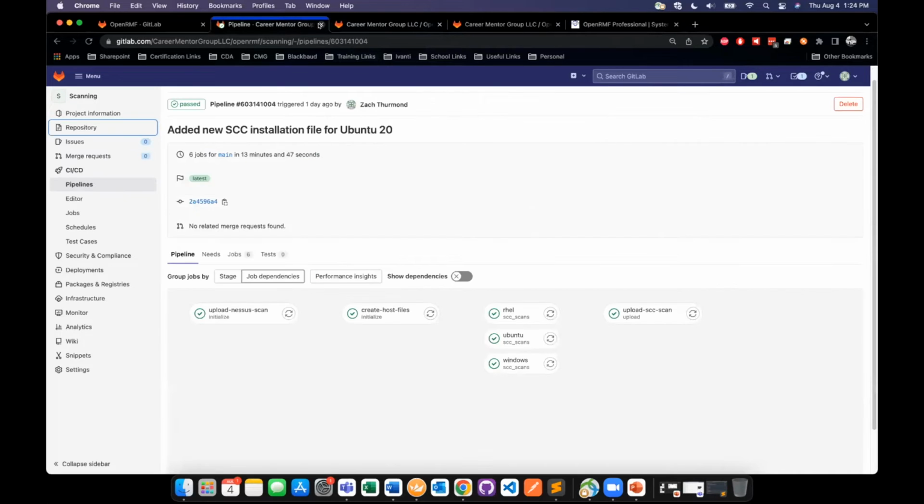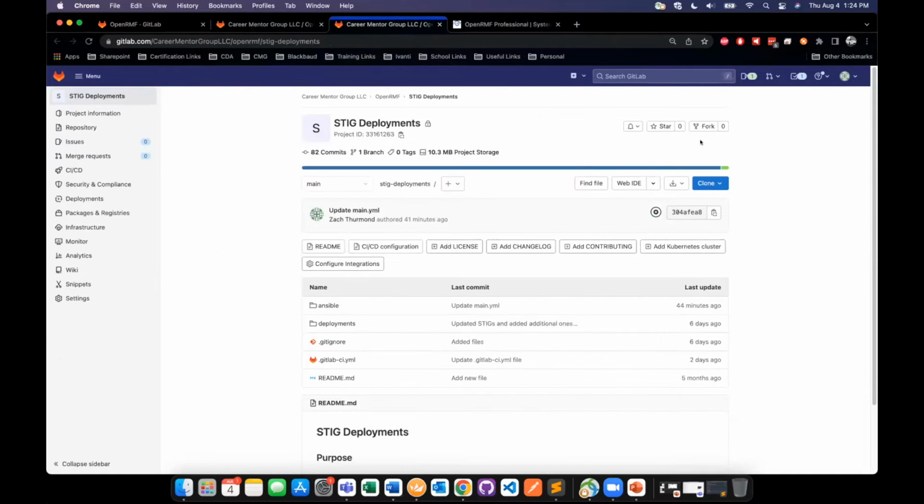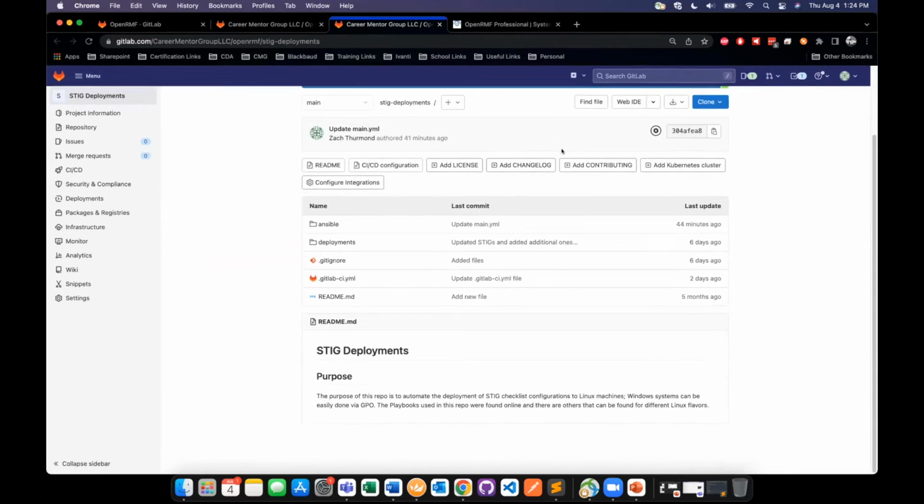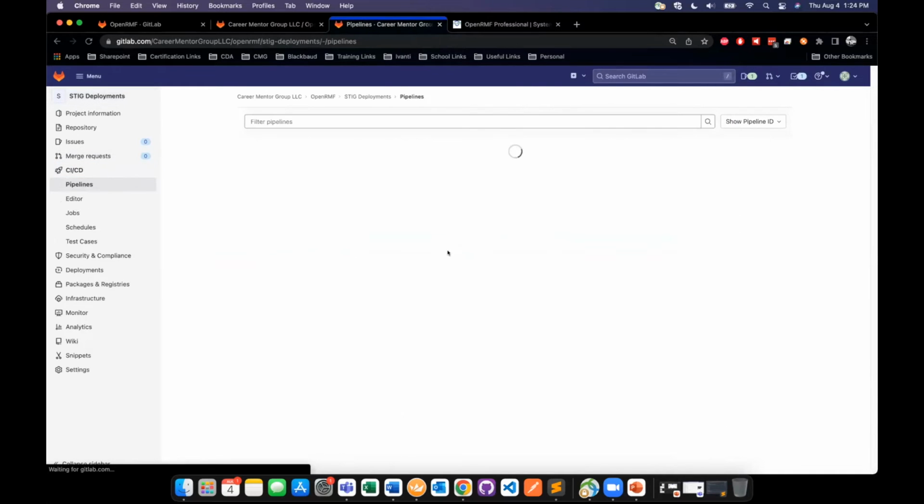And then out here in the STIG deployments pipeline, this works kind of in tandem with the scanning pipeline. So what would normally happen is you would run your scanning pipeline, that would trigger a pipeline over here for the STIG deployments. And then your STIG deployments would deploy your STIGs out to your machines. And once the STIG deployments are finished, it would then kick off another scanning pipeline. So if we take a look at this pipeline,